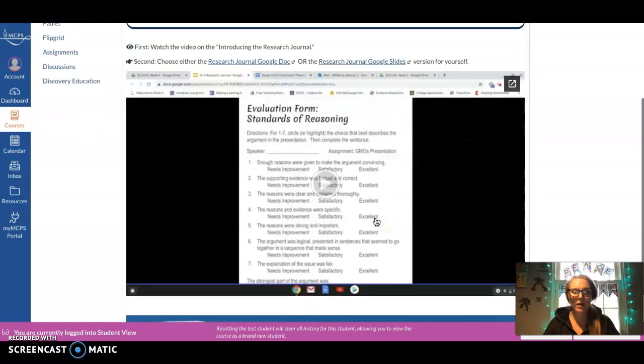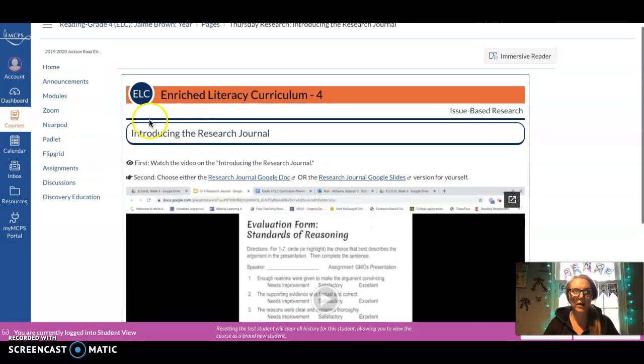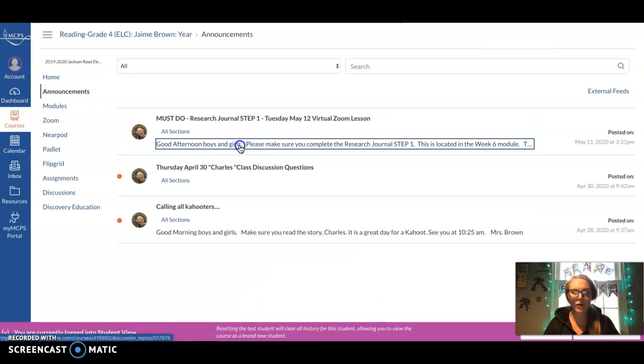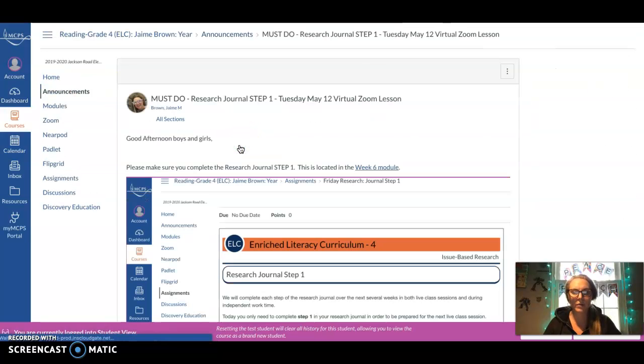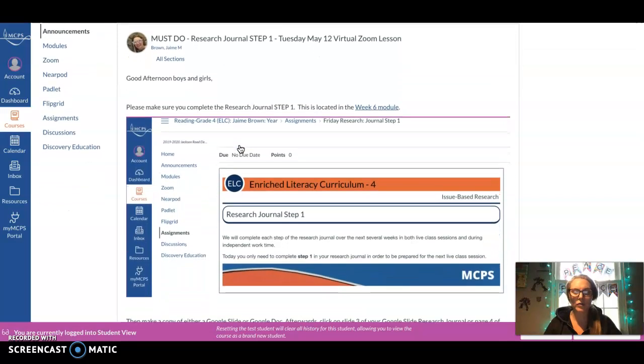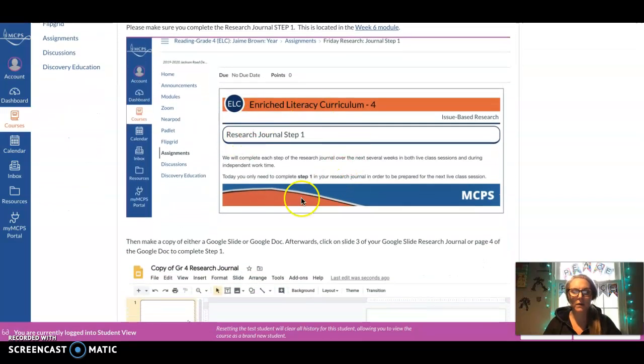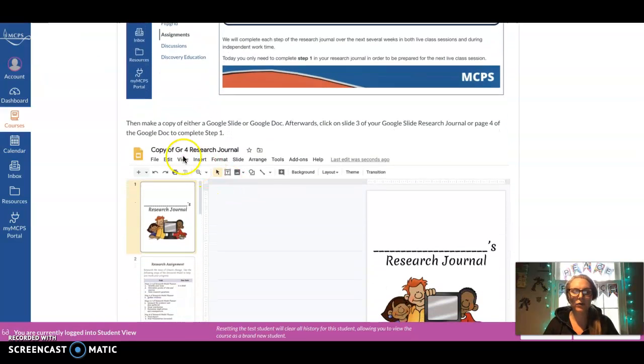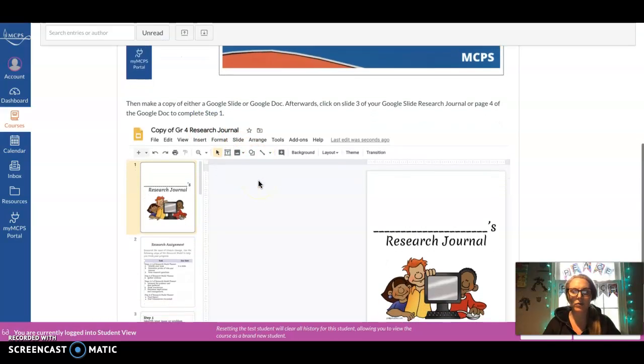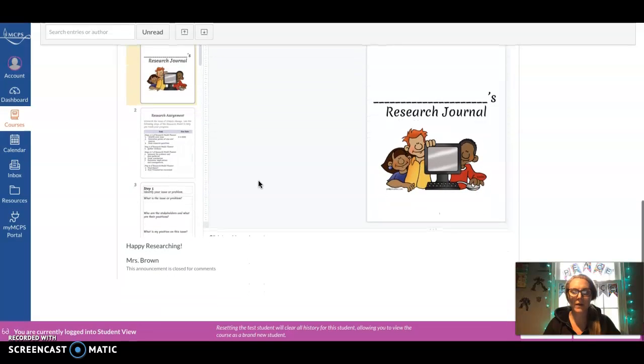So in the announcement that you received, you'll see there are directions for you visually for you to be able to follow along. That was module 6, and this is what the page will look like. So that way we finish step 1 for tomorrow's lesson. And then if you're going to make a copy of either the Google Slide or Google Doc, research journal, and